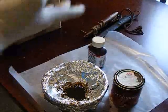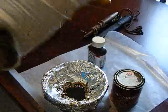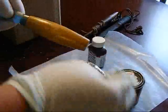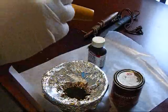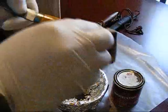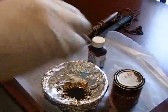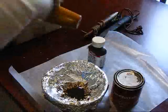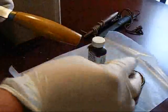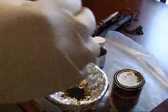Alright, get a little bit drier part of this rag. Just trying to rub that into that grain, and then just lightly wipe it down. That'll get the excess off and help smooth that finish out just a little bit. It's also helping to get in there and fill the grain of the wood to help seal it,